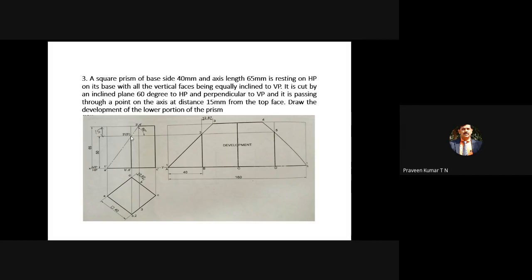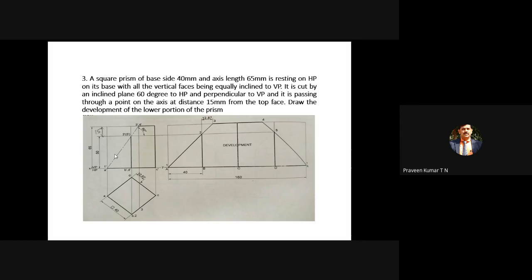On that particular point, imagine this is a vertical axis. O1 is the axis, you are familiar already, as you have developed the projection of solids, especially the square prism. So you get one point on the axis at a distance of 15 mm. About this point, draw one horizontal line, then this inclined line at 60 degrees. Once you draw this 60 degree inclined line, it will cut each and every longer edge. So now you have the cutting plane.